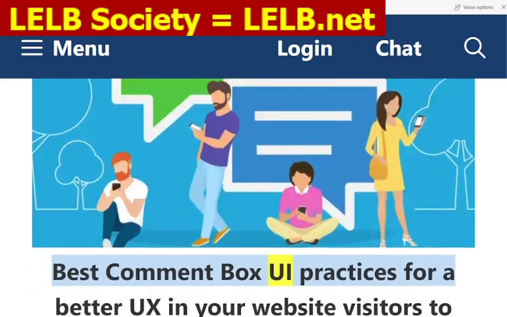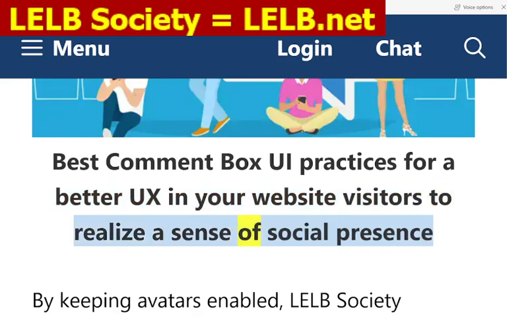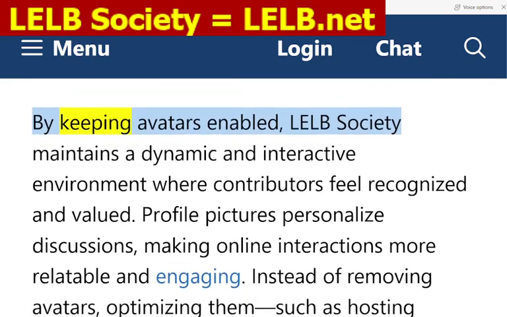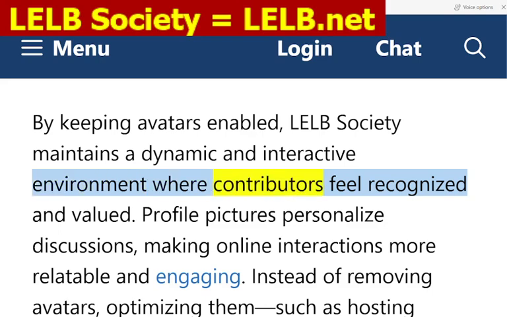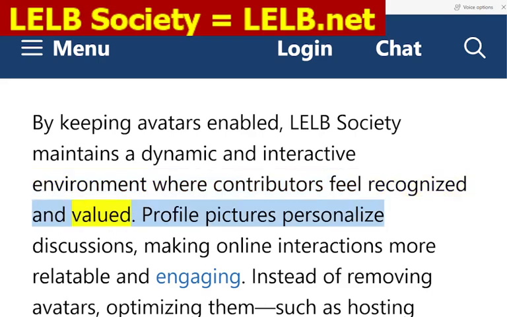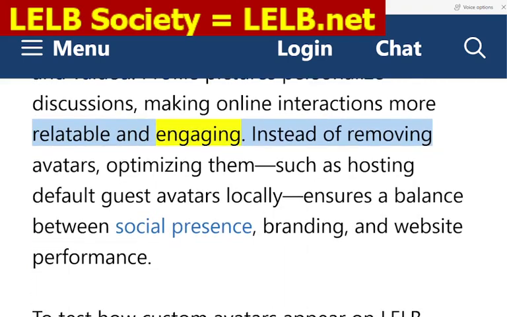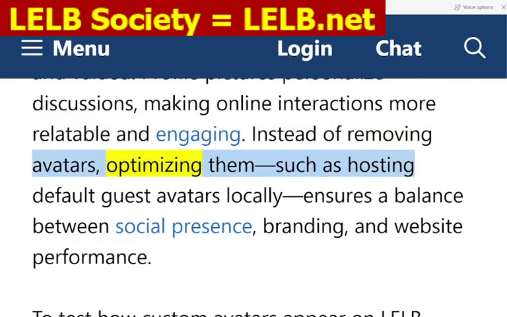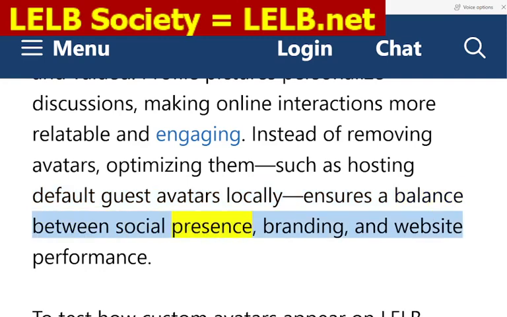Best comment box UI practices for a better UX, for your website visitors to realize a sense of social presence. By keeping avatars enabled, LELB Society maintains a dynamic and interactive environment where contributors feel recognized and valued. Profile pictures personalize discussions, making online interactions more relatable and engaging. Instead of removing avatars, optimizing them, such as hosting default guest avatars locally, ensures a balance between social presence, branding, and